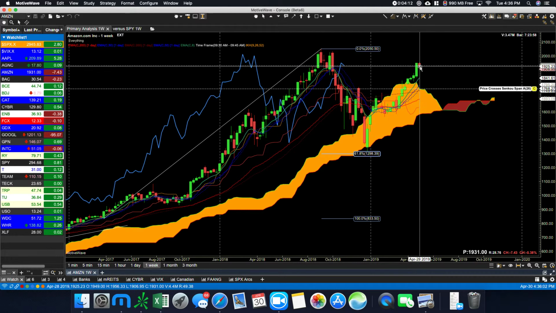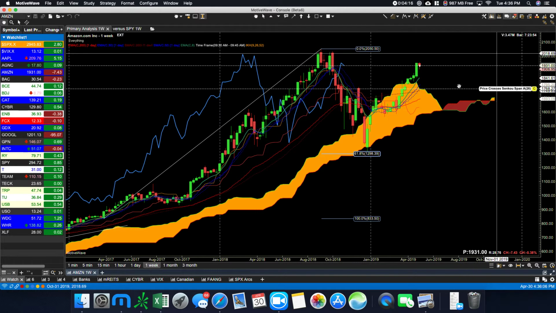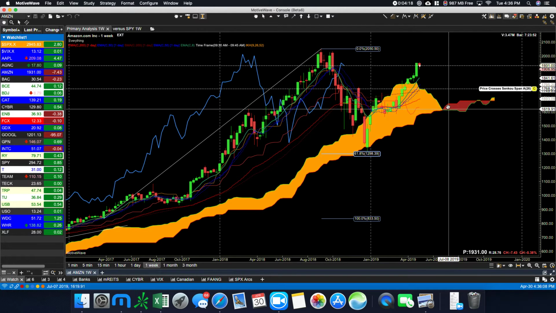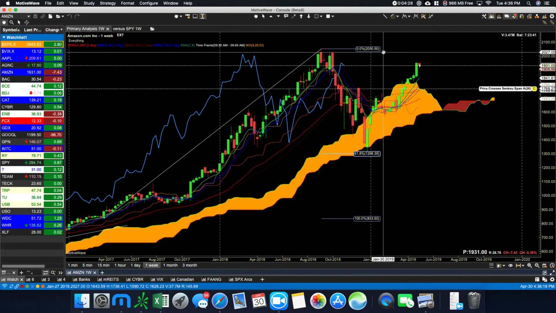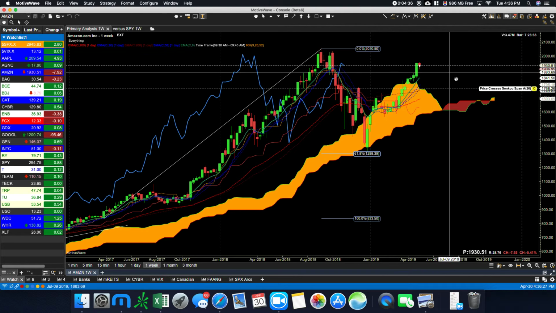You don't usually see candles continue to rise when you've got the presence of an inverse cloud and a flat one at that. So I would think we've got some retracement to do, and it might be when we hit 2027, which would be the previous closing high, and then we might do some pulling back, and that'll just be purely profit taking.